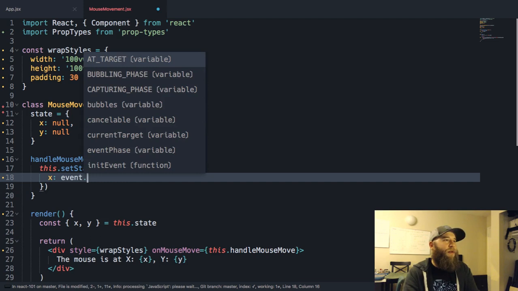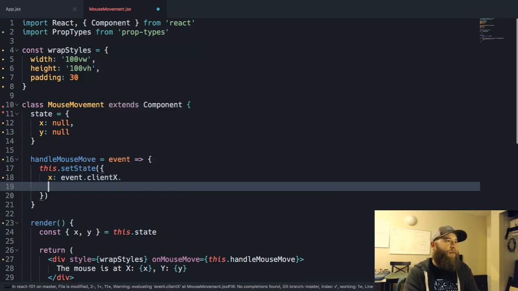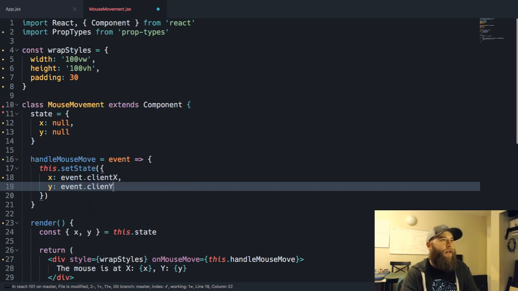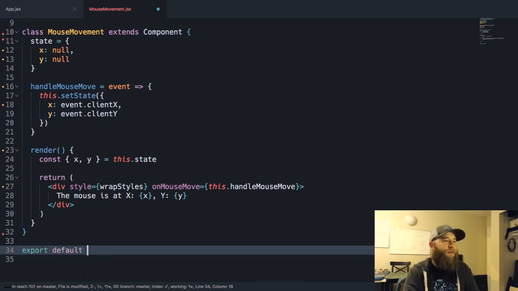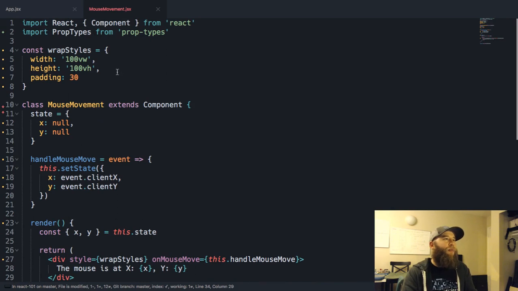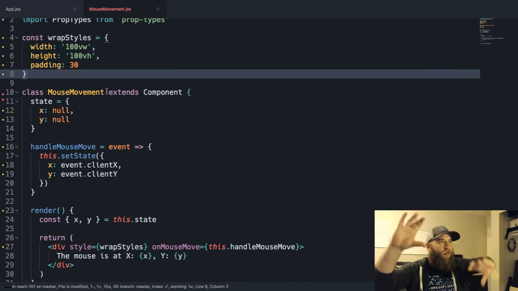All right, let's set up our event. If you remember, we can get clientX, right? That was over there on that page. Oops, it should be a comma. We could get our clientY. Oh, clientY. All right, and then I gotta do this. Export default MouseMovement. So, okay, we have a component now. We've passed a few styles into it. Those styles should help it take up the whole screen with some padding just to move the text in a little bit.